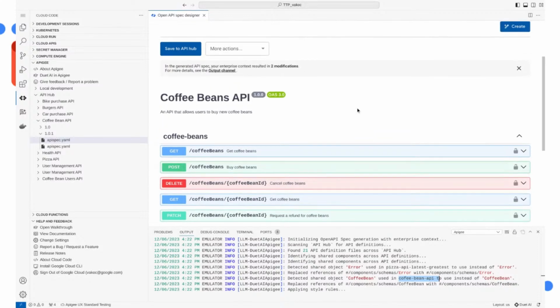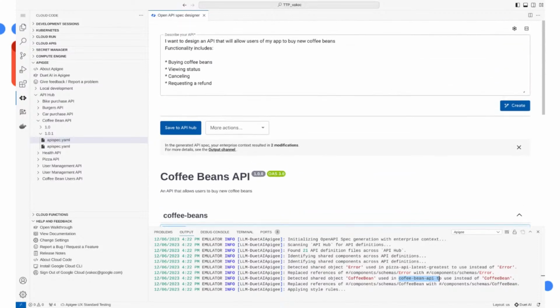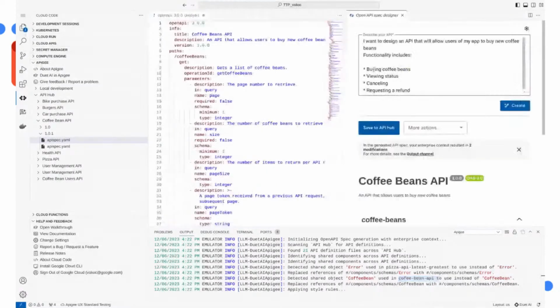But I might want to edit the specification further. And I can easily do that here in VS Code, leveraging this view code option. So what it shows me is the YAML file of this API, where we can further see the power of Duet AI. So if I want to edit this file, let's say I might want to add a server URL because I already have a mock server or actual service implemented, or whatever.